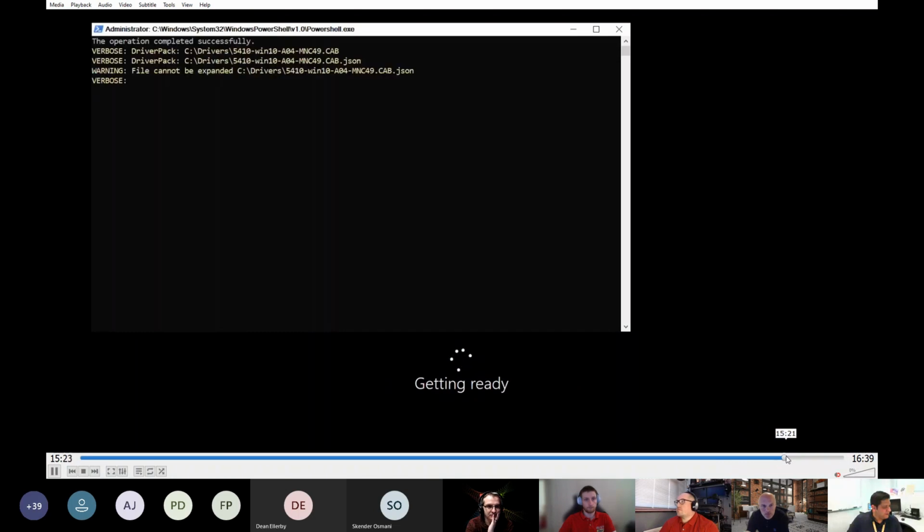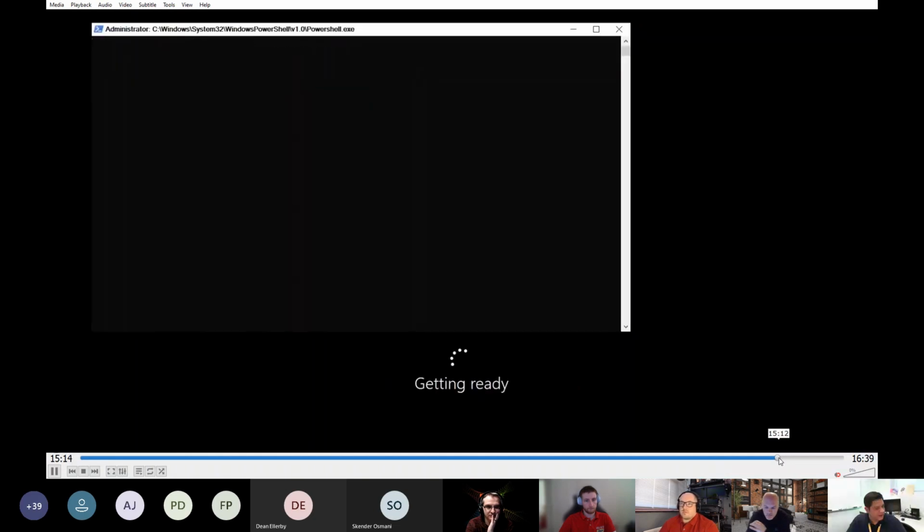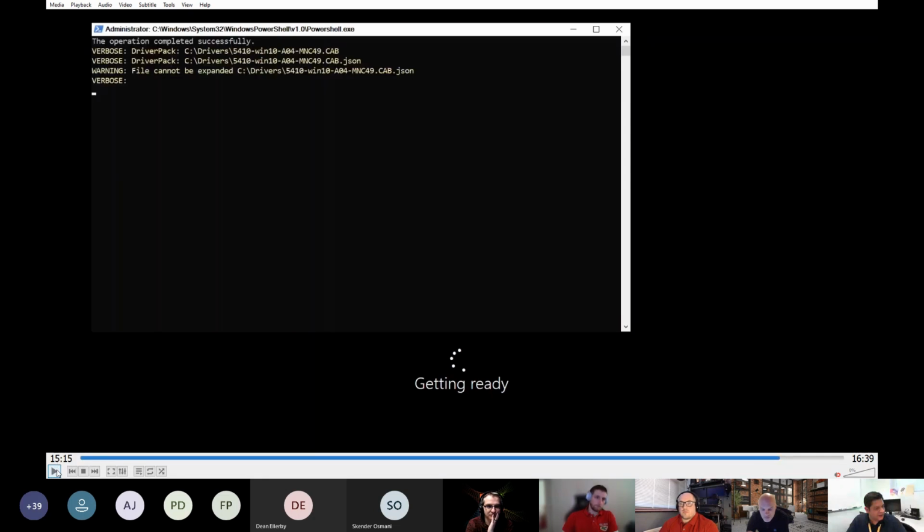There we go. And it basically looks for any content that's in C drivers and tries to unpack it. This is how I apply Lenovo and HP drivers. It knows that the cab has already been expanded because it sees the destination directory already exists. And it finds a JSON file in there.